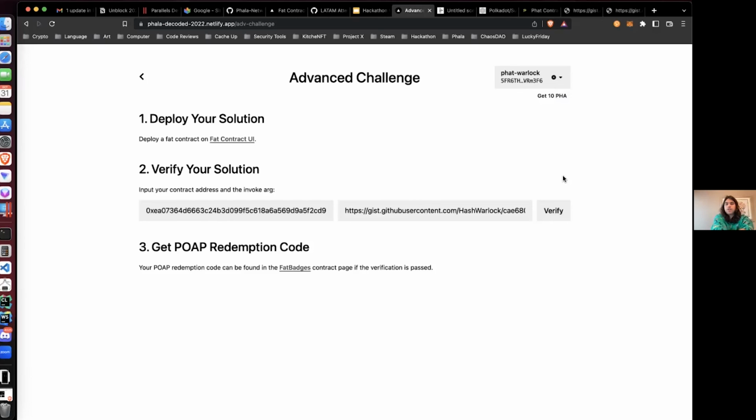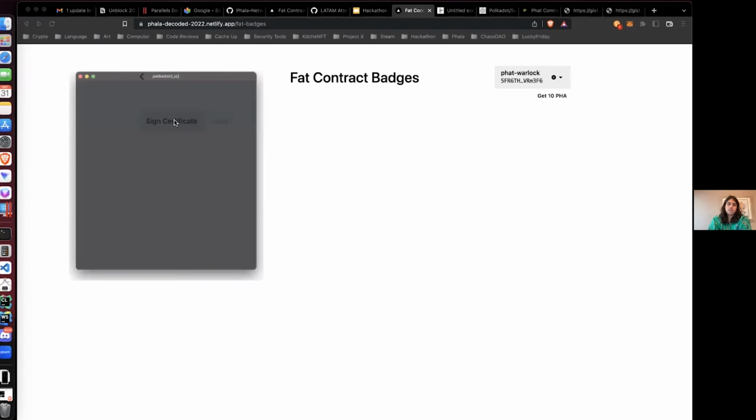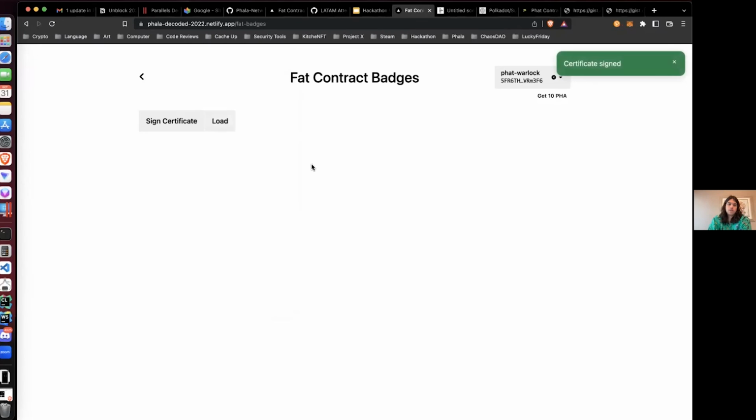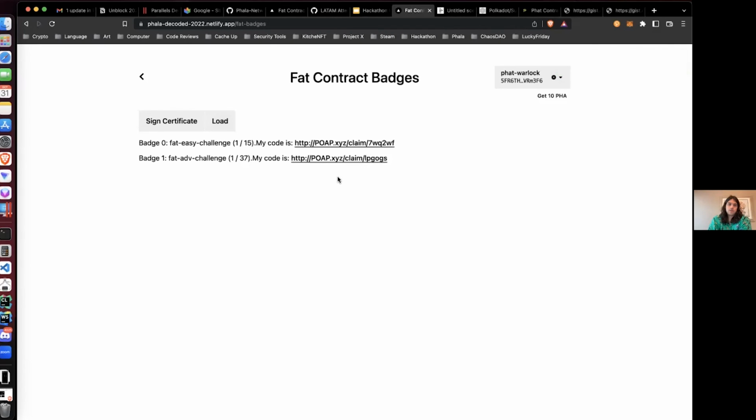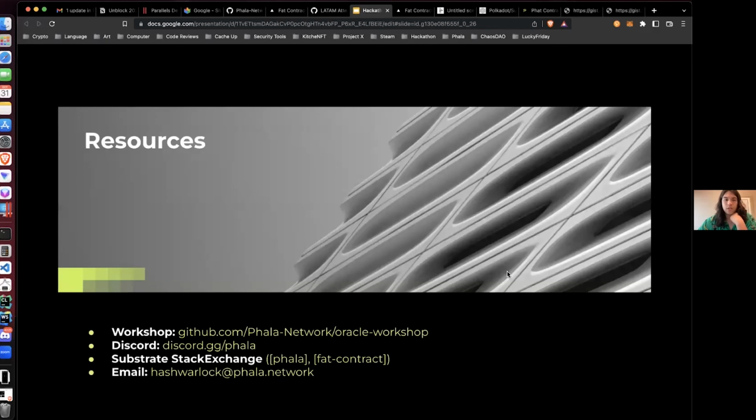So here the transaction is finalized. So we'll go to the fat badges contract, sign it, load, and now you can see that I have both the POAP codes that I needed for the beginner challenge and the advanced challenge. Now, just to close up,